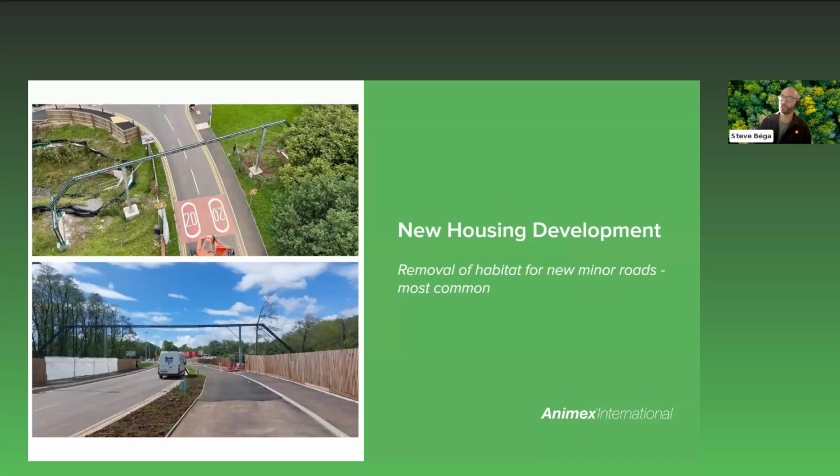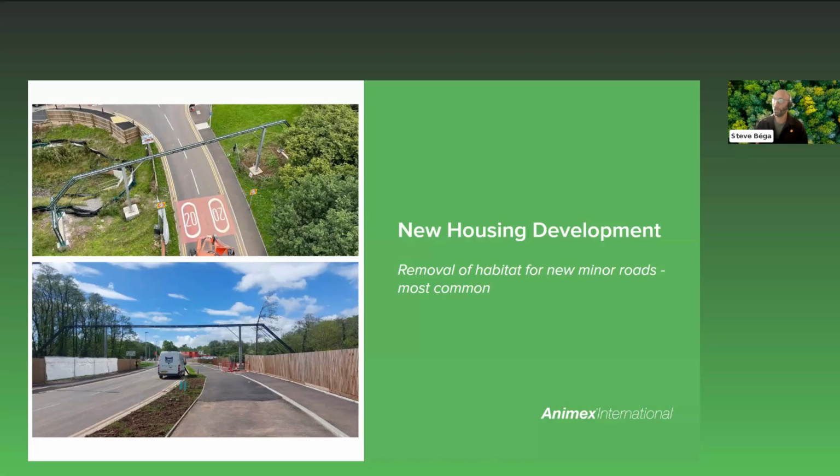But the most common reason we've seen, and I personally have seen, for arboreal bridges being considered or implemented within the UK is mitigation for new residential developments. Now, more often than not, this is to satisfy mitigation license requirements, but there are also cases where interventions are actually required as a planning condition requested by a local authority, even when not part of a license. And in many cases, as part of the development,